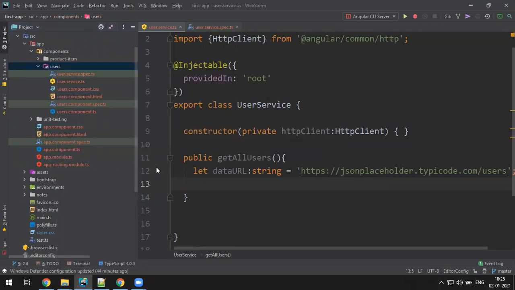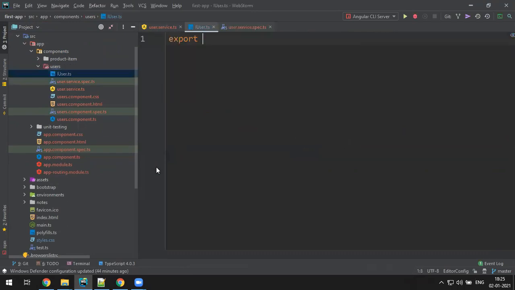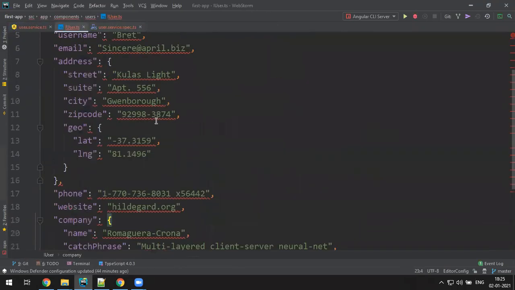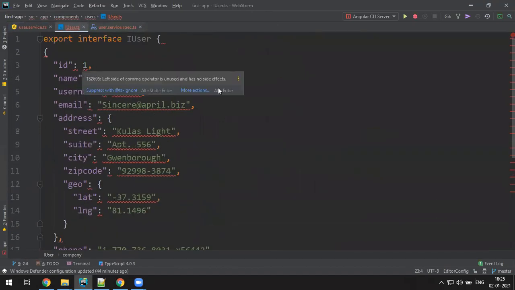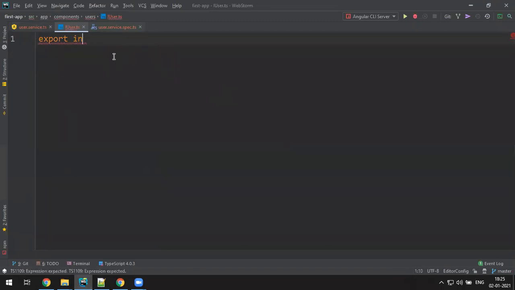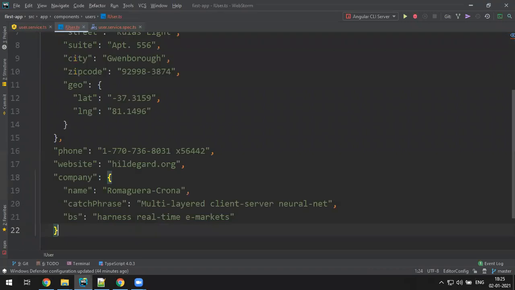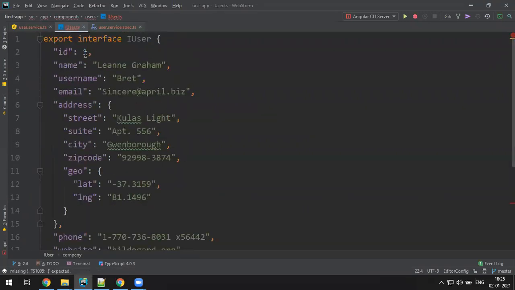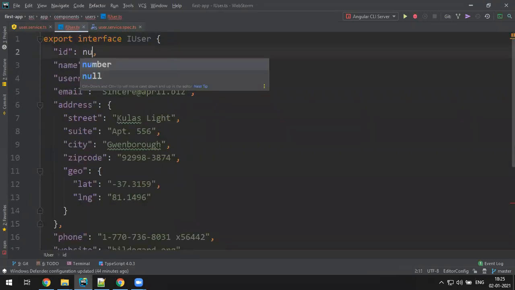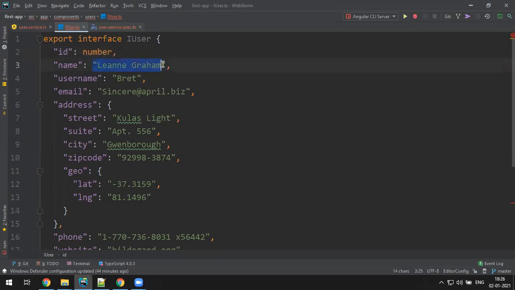Let's say export interface IUser. ID will be a number, and all the remaining fields will be strings.